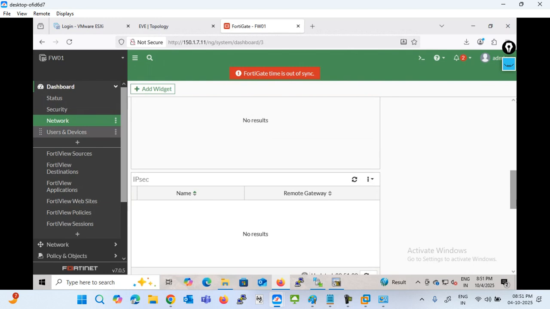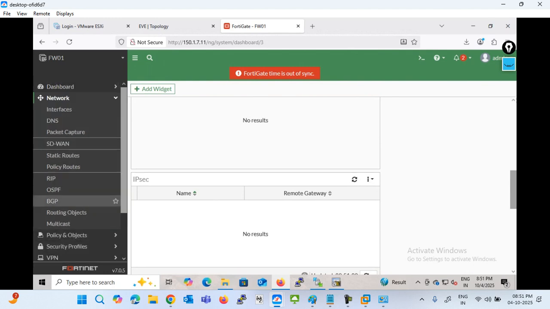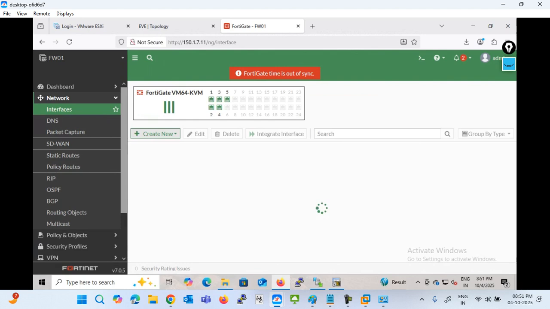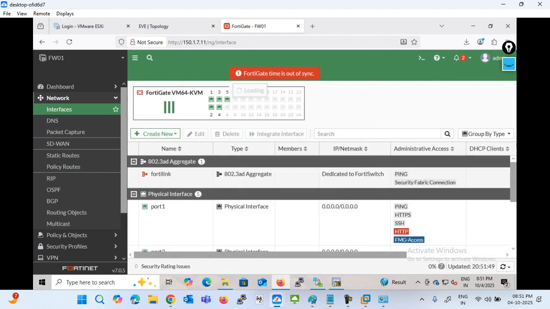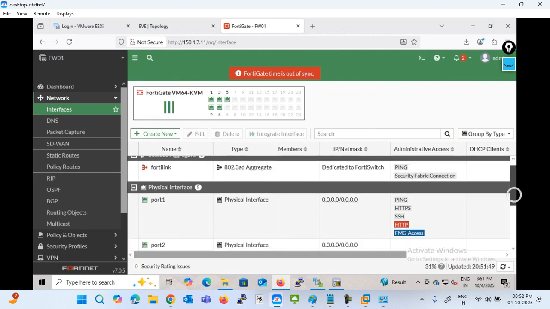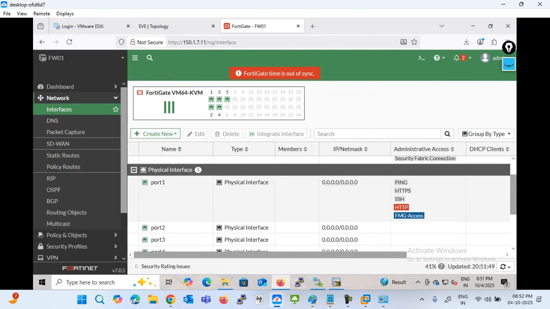So now let's start with the configuration. Now we have here interface. Under the network I have interface. Okay, these 5 interfaces I'm using currently on the box. If you check, I have port number 1, which is not with any IP address. So how can I configure my port configuration? Click on the port,